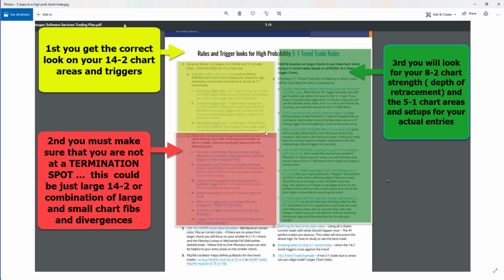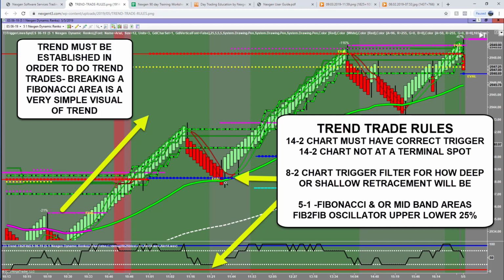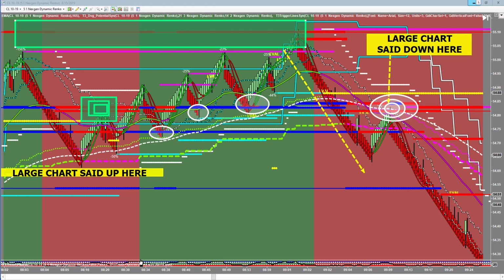And again, I say it 5,000 different ways, and I have almost the same identical video, but we're looking for the right look on the big chart, not a termination spot. The 8-2 chart does help. We're not looking here, but then we want to find our mid bands and fibs and fib to fib oscillator with a green or red background. And then when we get that, so look, large chart